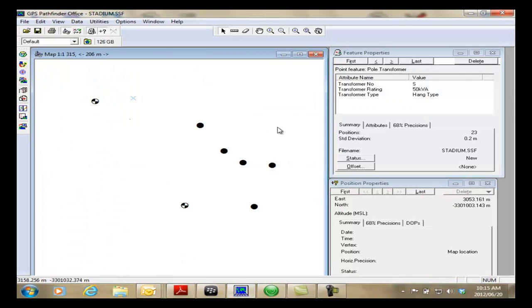Alright, so this video will show you how to do manual differential correction, manually downloading your base data from either the TrigNet website or that ESCOM site. Like I said, the first thing you need to do is open your file